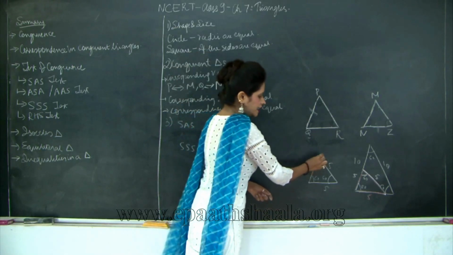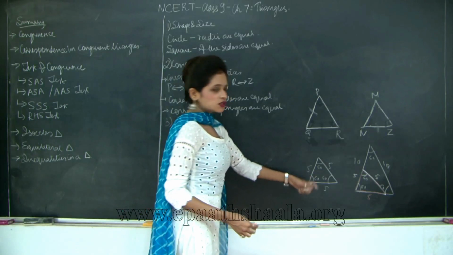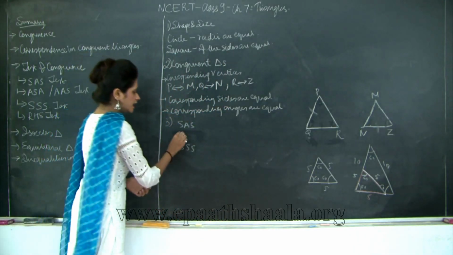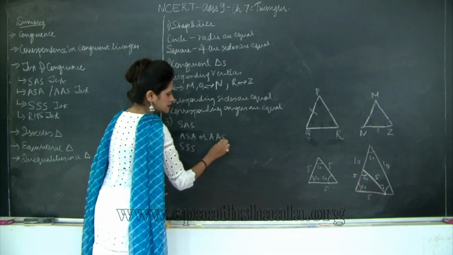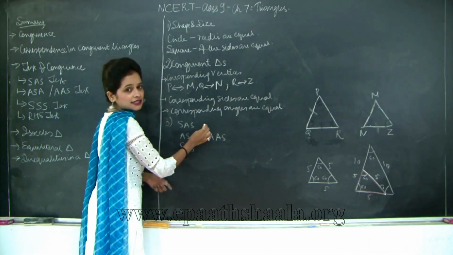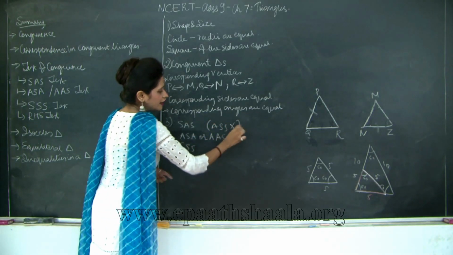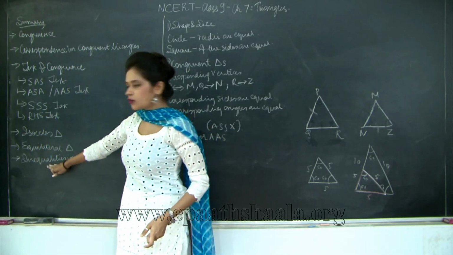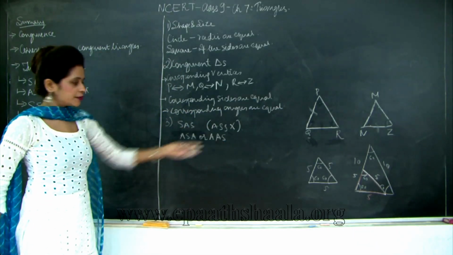So, out of any three given data for a triangle, at least one side should be congruent and the other two angles can be congruent, which proves the ASA test of congruence, or even you can say AAS. So, here ASA or AAS is valid, but ASS is not valid. I will show you why it is not valid when we move on to inequalities in a triangle. But for right now, just take this as a summary.